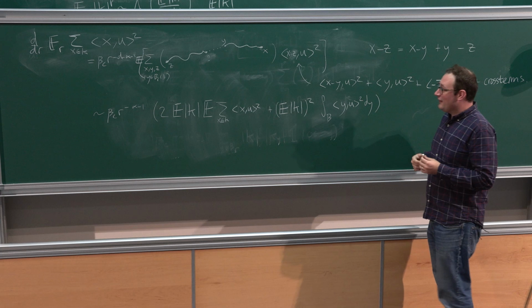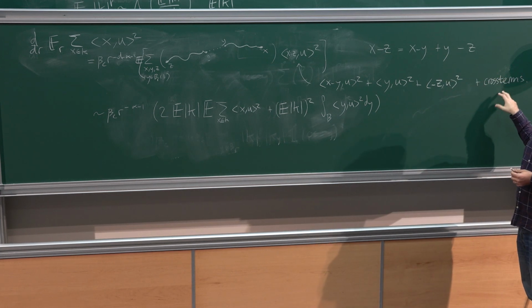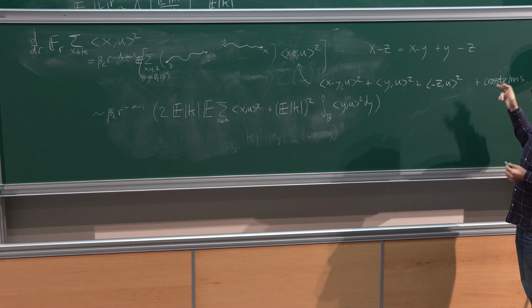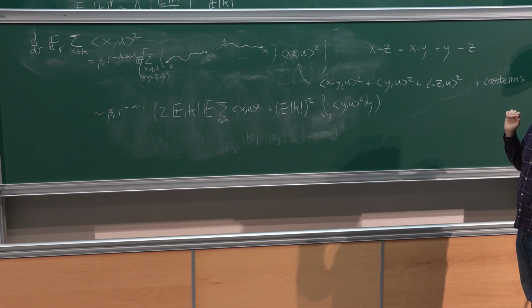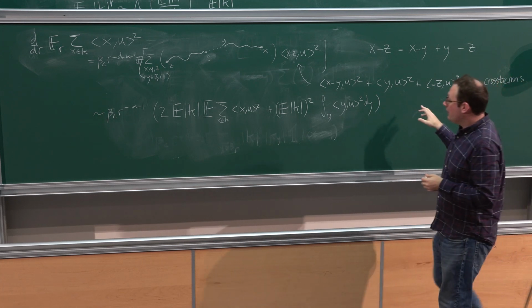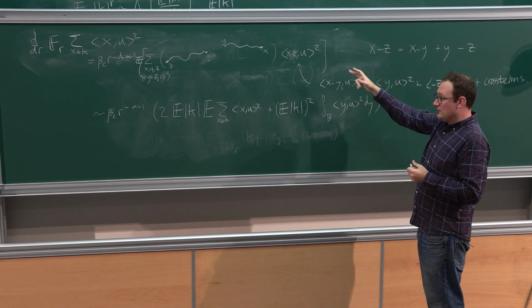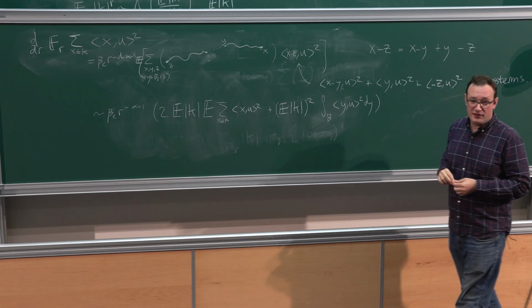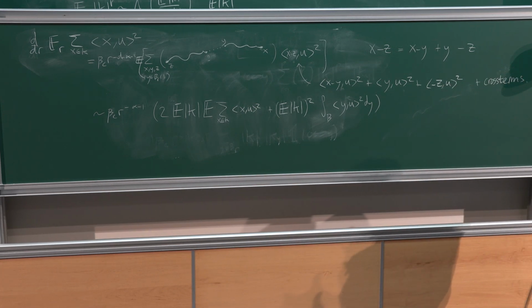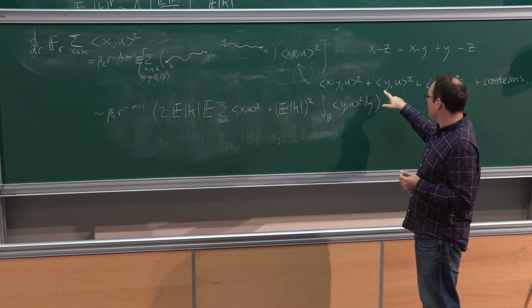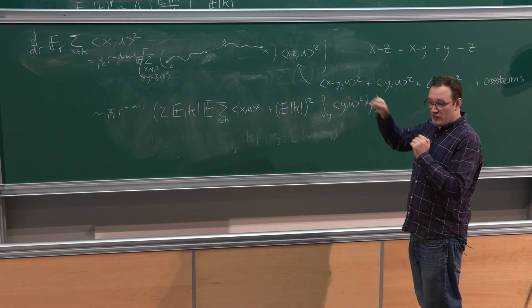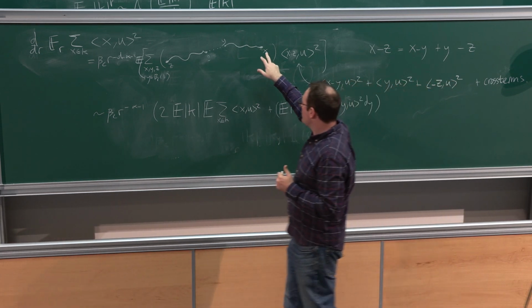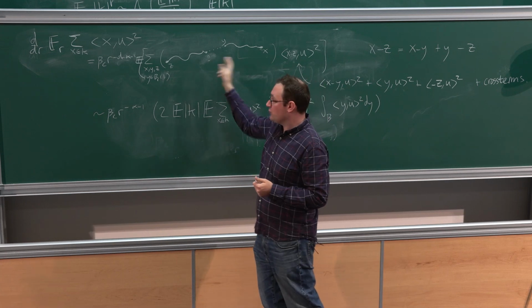So, if you believe me that the cross terms are asymptotically negligible, which again is another manifestation of this asymptotic independence, because if they really were independent, they would just cancel exactly to 0. And then this is what you get from these other terms if these two clusters were independent. Why do you have a square of the first moment here? It's because when you look at this term, this is coming from saying what is the displacement of y, but then you're summing over x and z, so you have two clusters.